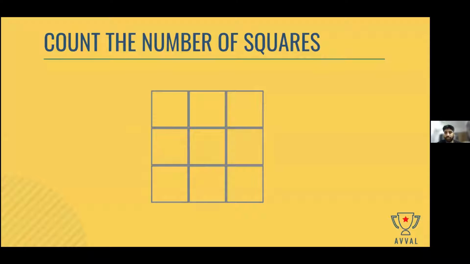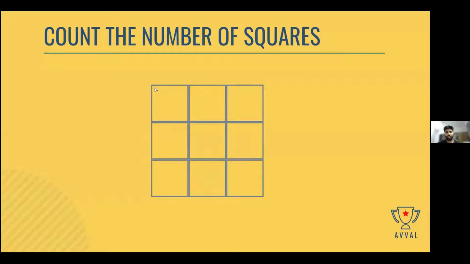How many 3 by 3 squares are there? Everyone agree that there is only one 3 by 3 square? Answer is 9 plus 4 plus 1. And what does that give us? 14. Okay, look, it's not important to get the answer right. What's more important is to take the right approach and arrive at the solution.